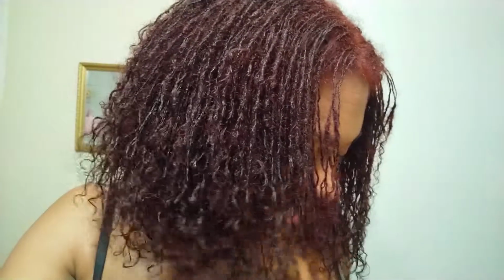And yeah, it didn't come out the way I wanted it to. The ends, I'm still debating because I don't know if they're going to come out to be like a dark purple or what. It kind of looks like it will be, or at least in the light, it looks like it will be that. However, I'm debating because I have this temporary, semi-permanent purple that I used when I used to have my locks back in